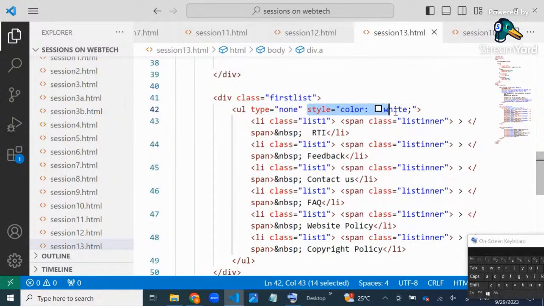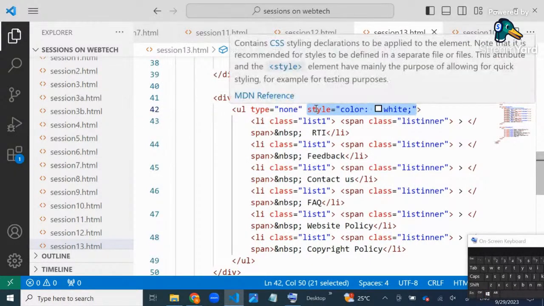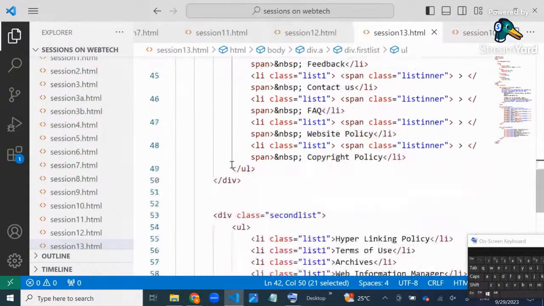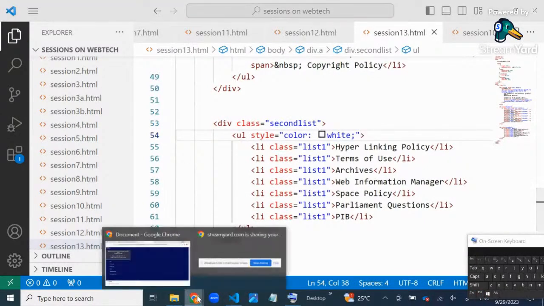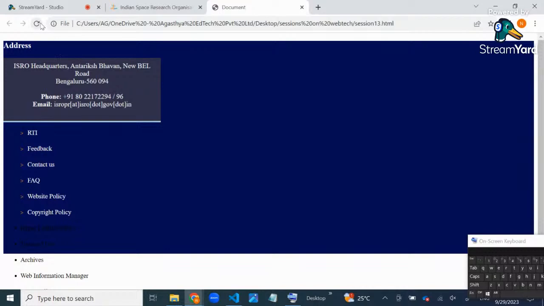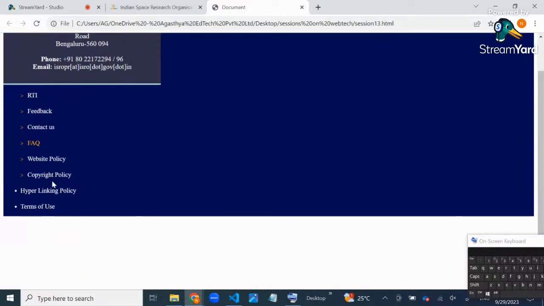So first I will put the color, copy this color where we have put on the previous list, paste, save. If we refresh, it is not visible because it is going